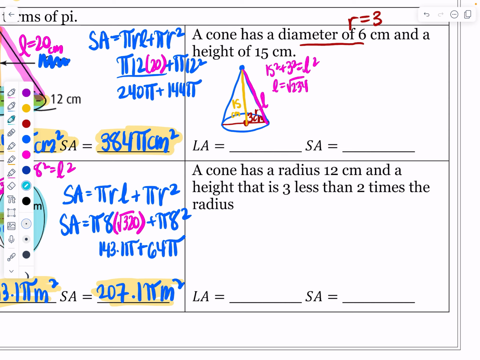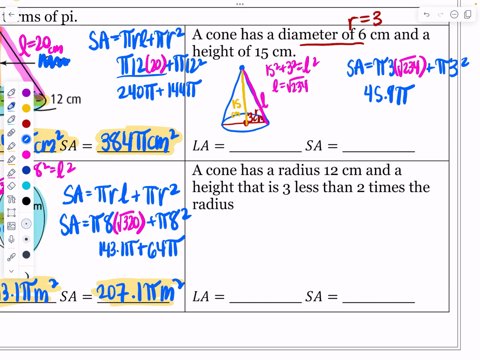And now I get to plug these things in. So surface area equals, we're going to do pi RL, so pi times 3 times root 234. Again, we'll let our calculator do that work in a minute. Plus my area of the base, pi r squared, so pi times 3 squared. So what is 3 square root of 234 times pi? That is going to give me, I'm going to leave it in terms of pi, so that's going to give me about